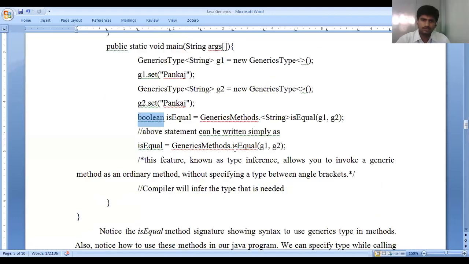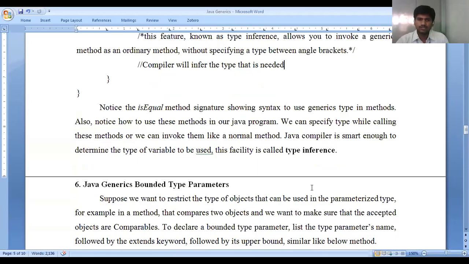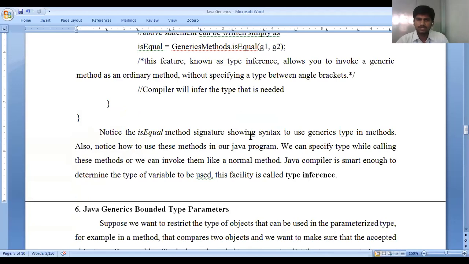So see that now we have one comma. This is a feature known as type inference. This allows us to invoke generic methods as ordinary methods without specifying the type between the angle brackets. The compiler will infer the type which is needed. So notice that this isEqual method signature shows the syntax used for generic type methods.